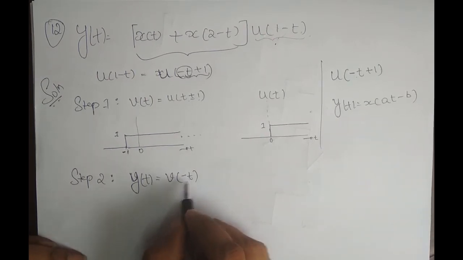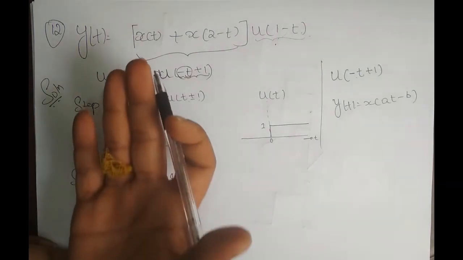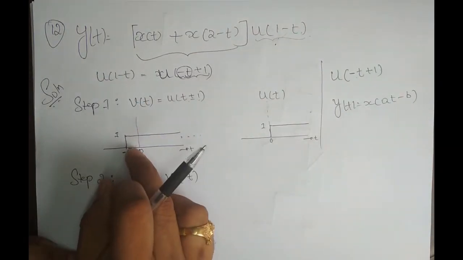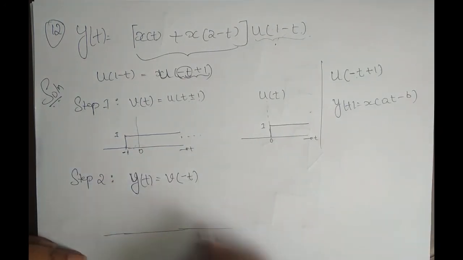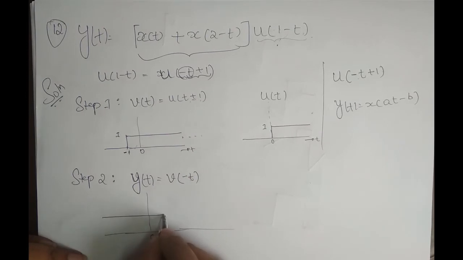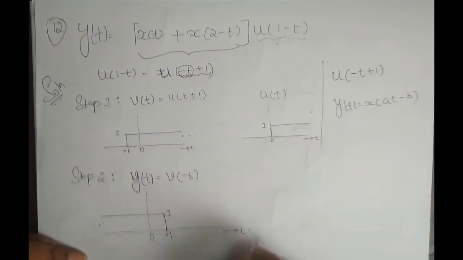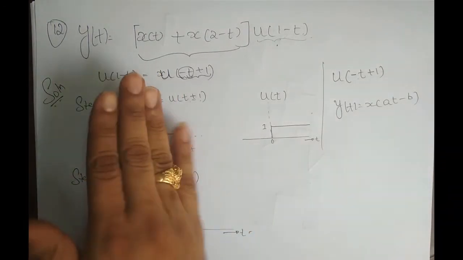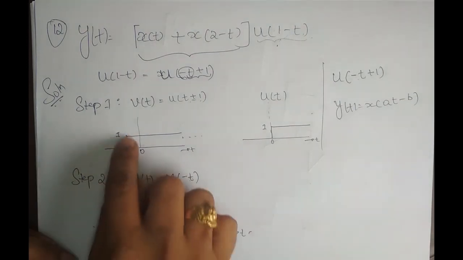So if you know v of t, which is this, how do I get v of minus t? It is nothing but reflection, right? Amplitude on the negative side goes to positive, amplitude on the positive side goes to negative. So this is how it looks. So this is at t is equal to 0. So this is plus 1. So this is amplitude 1. So it's basically shifted like this, right? So this part goes to this side and this part comes to this side.